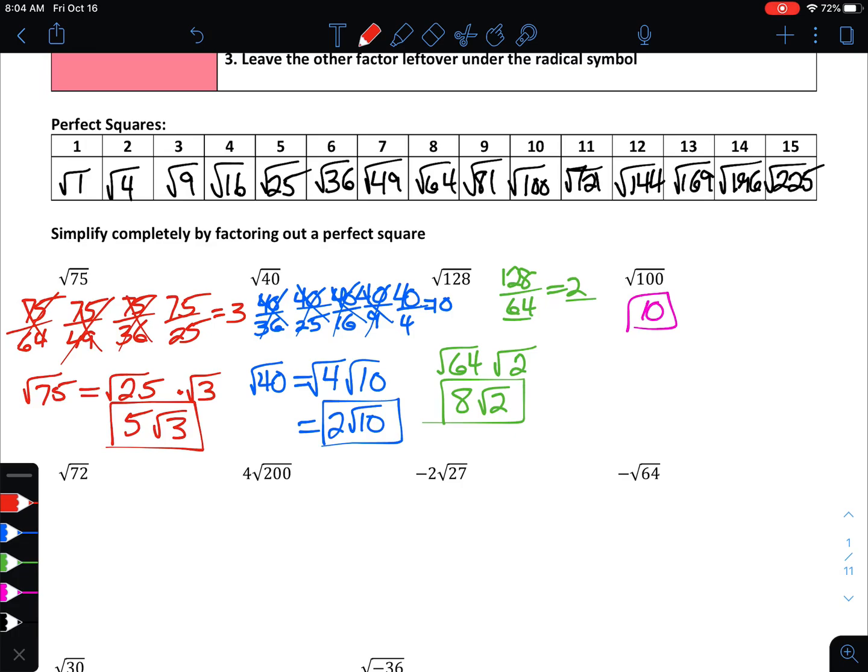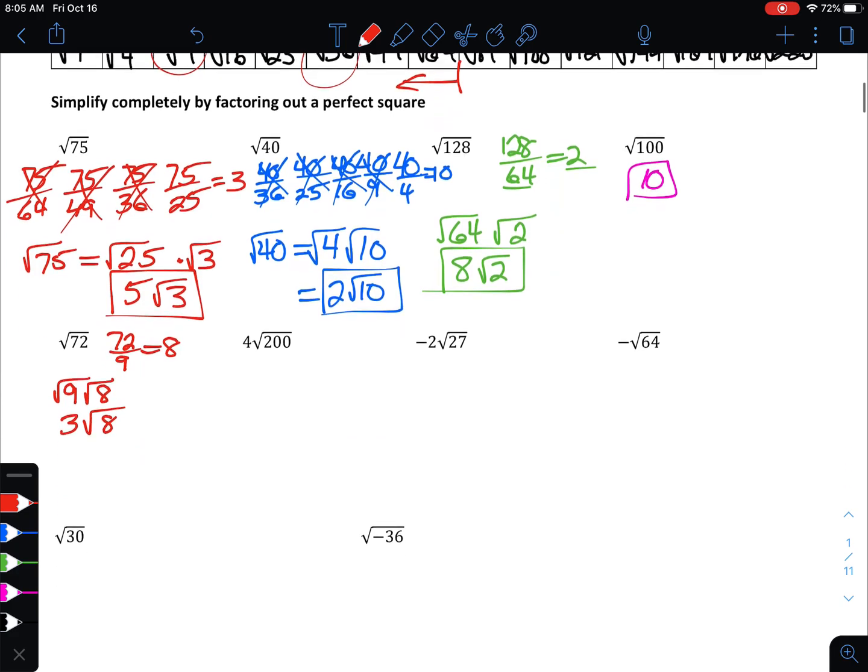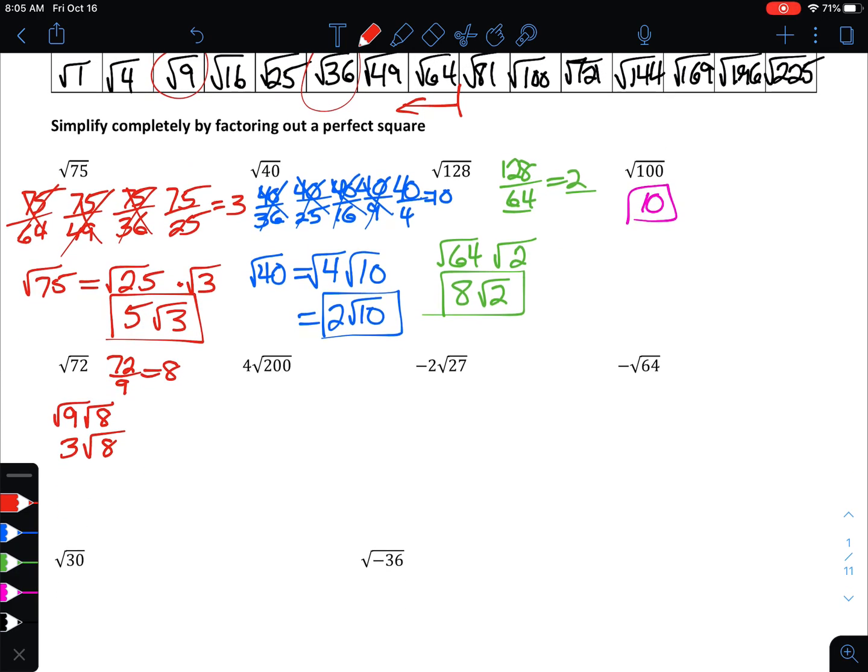Okay. For square root of 72, let's talk about this one. You would start at 8 and work your way to the left, so starting with 64 and going down. The largest ends up being 36, but let's say, for example, you don't find 36. Let's say you forget about it, and you end up thinking that the square root of 9 is the largest perfect square you can divide by. So then 72 divided by 9 is 8, so you could rewrite it as the square root of 9 and the square root of 8, where the square root of 9 is 3, and then you write the square root of 8. Now, that is actually not simplified because we didn't use the largest perfect square,